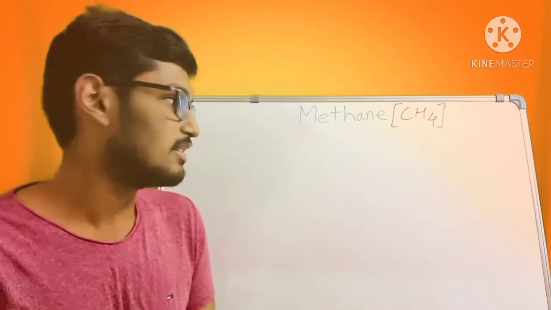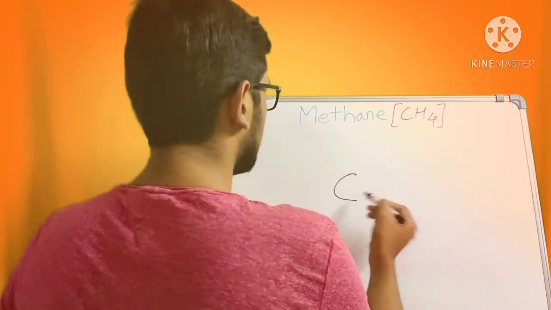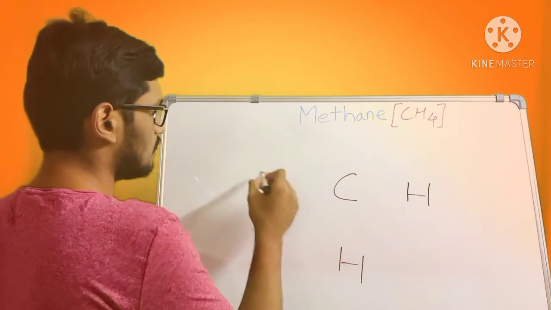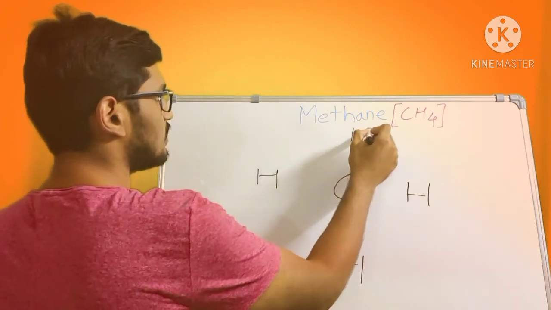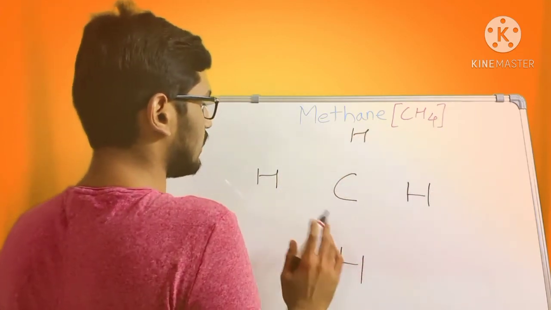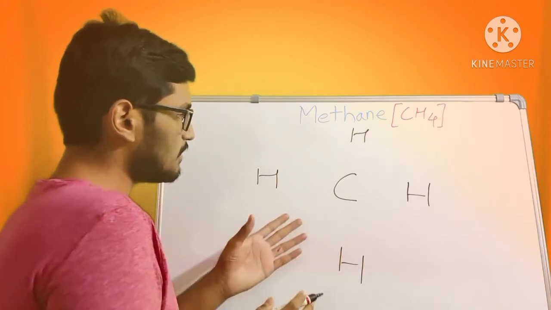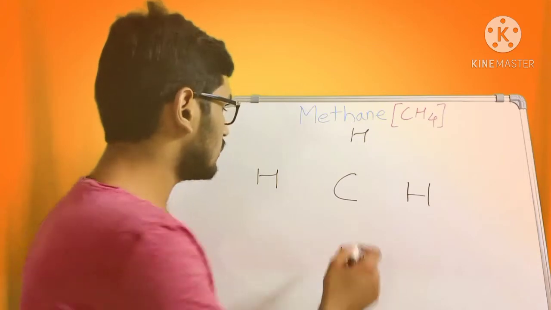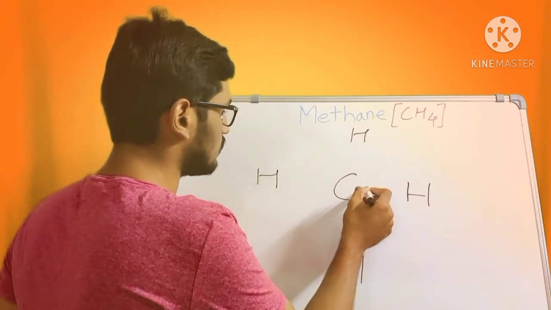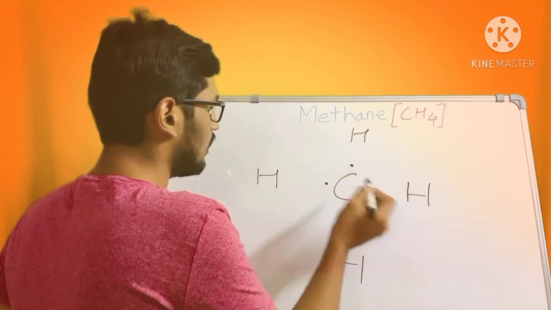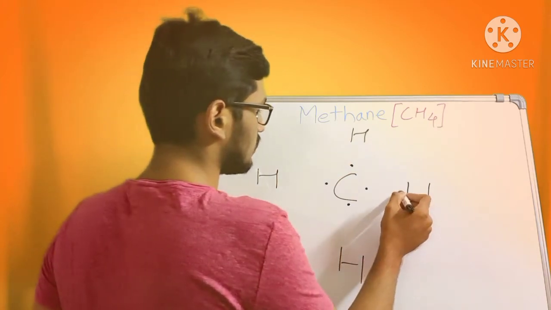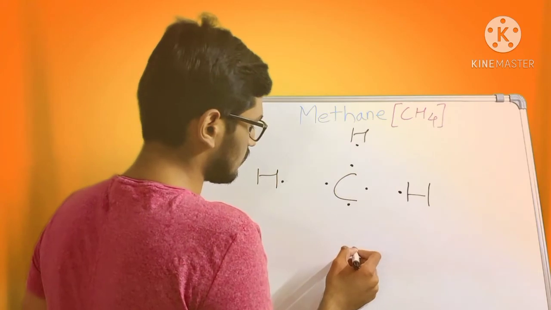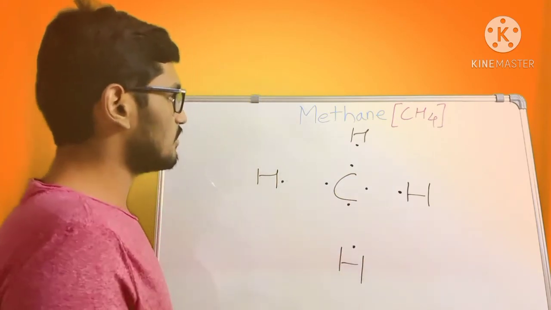So let's get started. Carbon, which is present in the center, is surrounded by 4 hydrogens. You can see this formula, which is 4 hydrogens, and then as you all know, carbon's valence is tetravalent. Carbon is tetravalent, so that means 4 valence electrons. And hydrogen, you know hydrogen, it's only 1 electron. Almost each and every one of you know this, but still we need to discuss it.